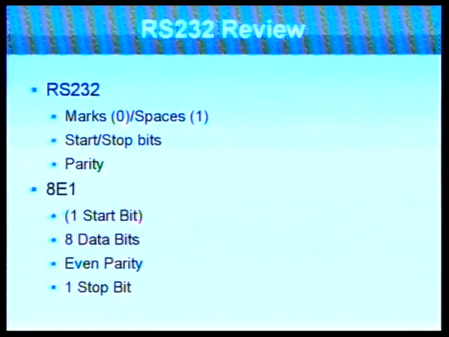There's a start bit to indicate the beginning of a byte, and a stop bit to indicate the end of the byte. And in this case, we have a parity bit. So if you remember from your BBS days, when you would connect it to 8N1, that means 8 bits, no parity, 1 stop bit. And then 1 start bit is implied. So in this case, we're on 8E1, which is different from the BBS days, but there's a good reason for it. So each packet begins with a single start bit, then the least significant bit comes first. You work your way up to the most significant bit, and then you have a single even parity bit